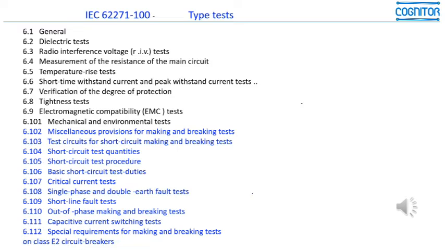Let's say it's breaking a short circuit current which is happening very near it, or it is different also from the condition where a capacitive current is being interrupted by the circuit breaker. Suppose one circuit breaker breaking the current of a very big bunch of capacitors near it. The several conditions that may happen to different types of circuit breakers are simulated by all these tests.